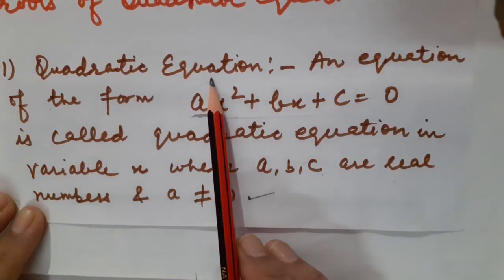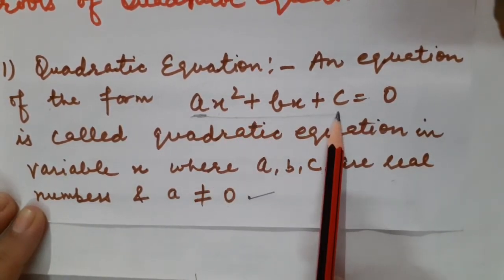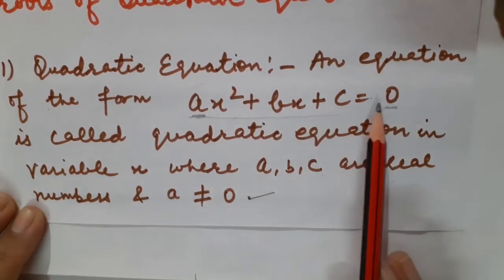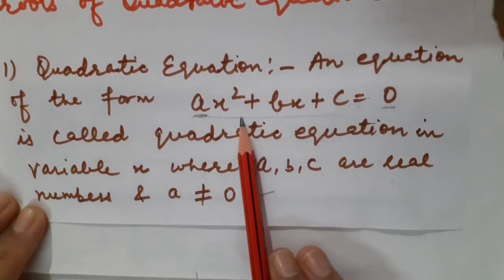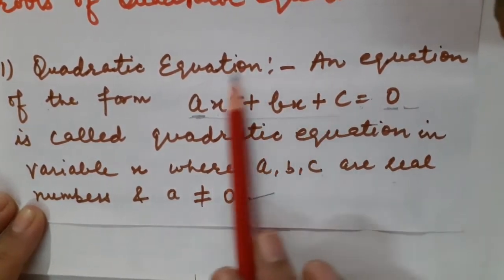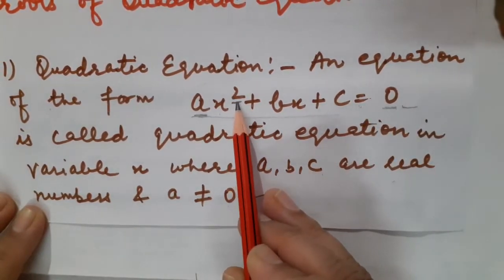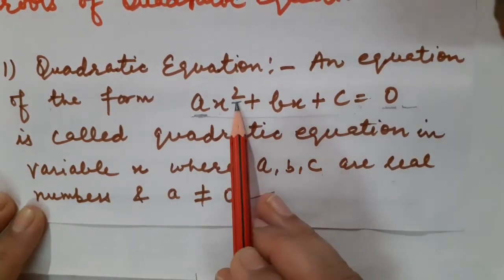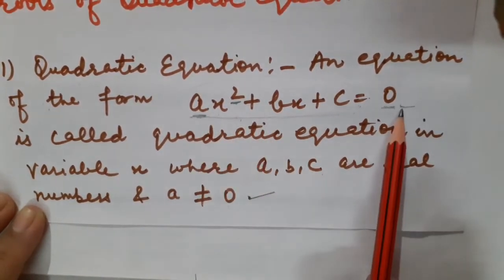But here, as we are dealing with the equation, definitely some expression must be written on the left hand side, another expression must be written on the right hand side, with an equal to sign between them, correct? Equal to sign must be there between the left hand side expression as well as the right hand side expression. So that's why I am calling it a quadratic equation. And here, of course, the highest power of the variable present in this quadratic equation is 2.